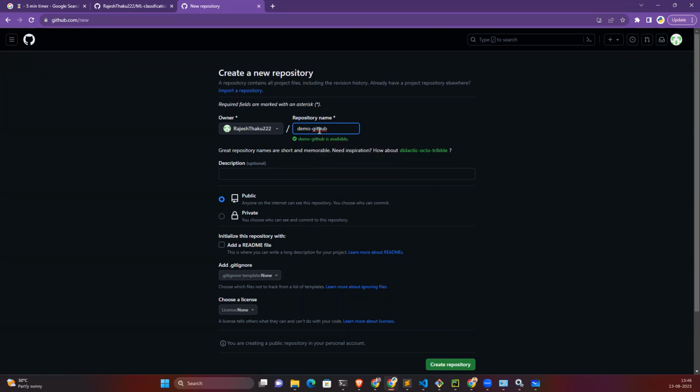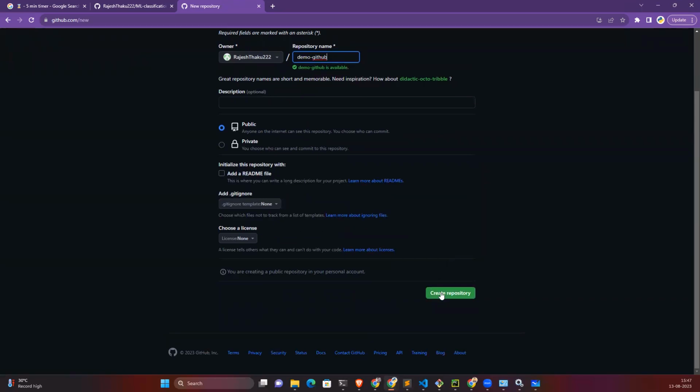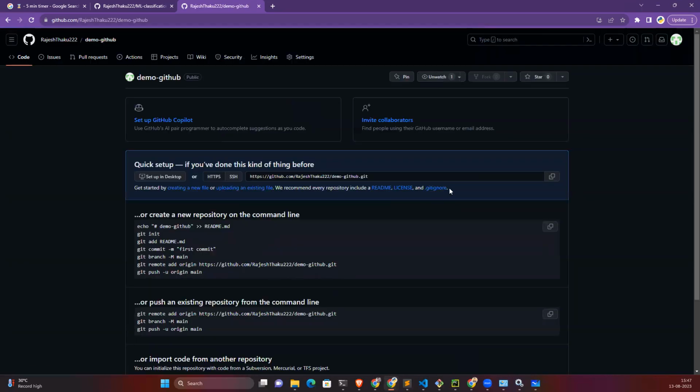So this is the demo. And you can make your repository either public or private. I'm making it public for now. And there is an option called add readme file. Readme is how your application works, all the things you can write inside of the readme file. For now, I'm skipping this part. Also, you can add the git ignore and license. Forget about this part, but just give the project name and hit this green button at the bottom, Create repository. The repository will get created, and you might see this kind of interface.